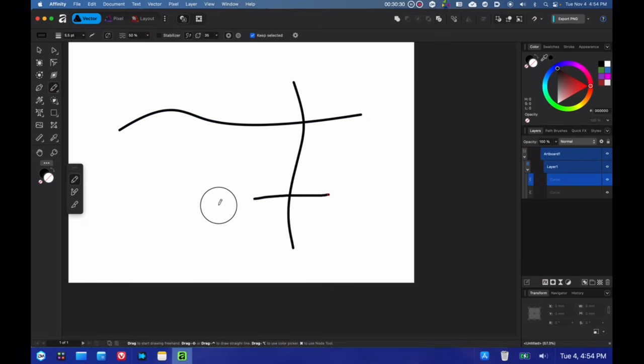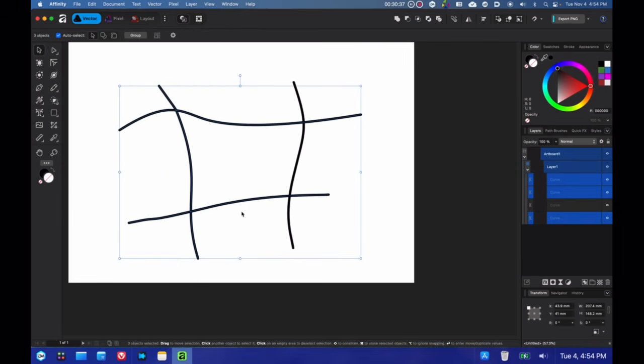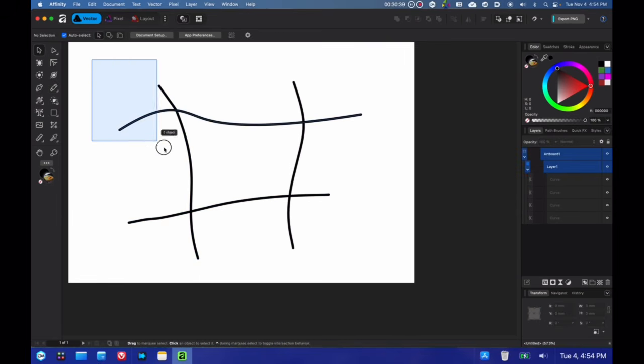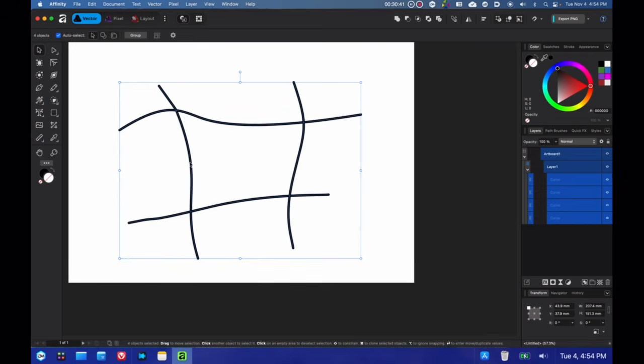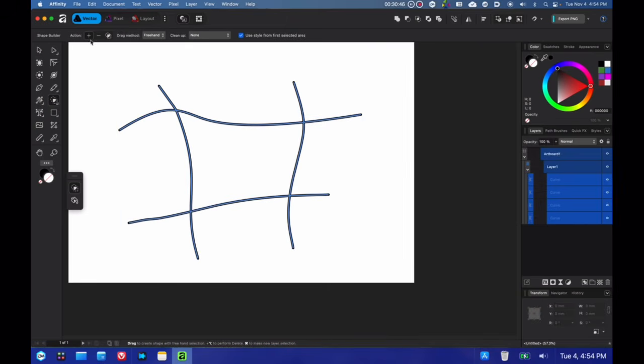You can also subtract intersecting line segments. So I'm going to select all these paths here. And now I'm going to select the shape builder tool, which is here. And up here, you'll see that the plus icon is on. That is for add, and then this is for subtract. And when I press subtract, I can delete line segments just like that.